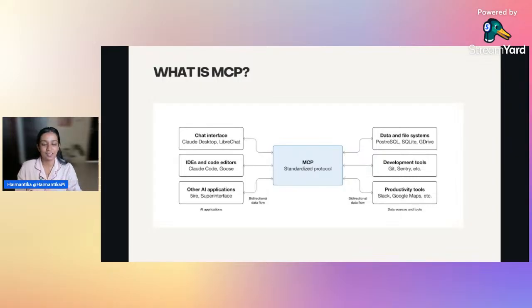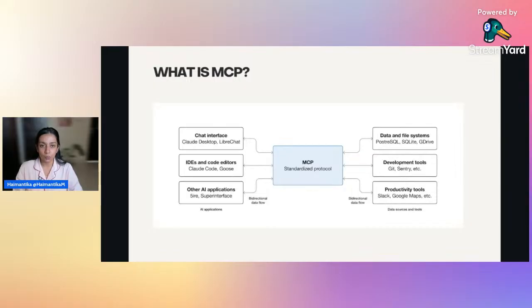So this is a standard way, a protocol, and like the USB-C adapter, MCP is what is connecting the tools to my AI products. This is what MCP is in very layman terms.